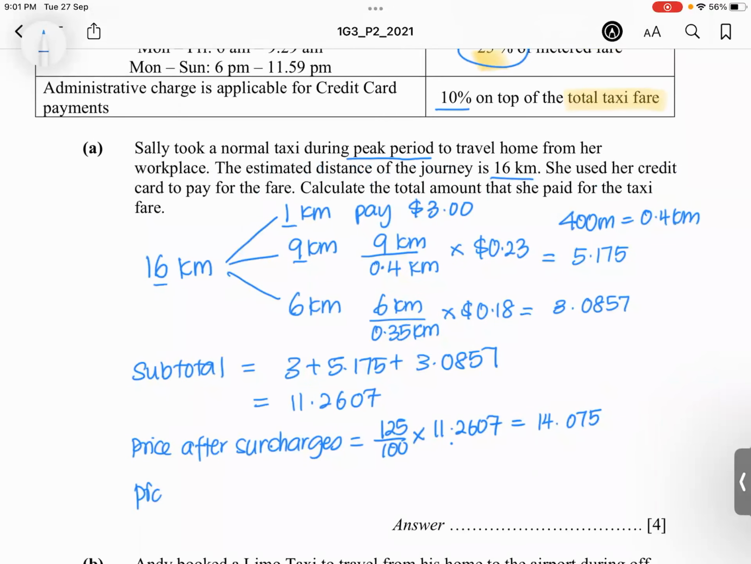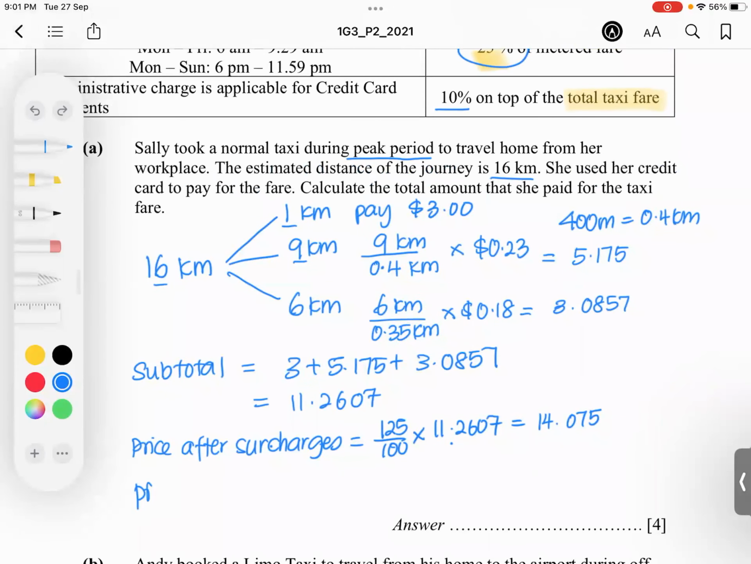I think it's 14.076. 76, huh? Is it? Cause round to 5, 6 feet. What? This is 14.0758. Okay, can. Then 5, 6. Right? Then this one, the price after